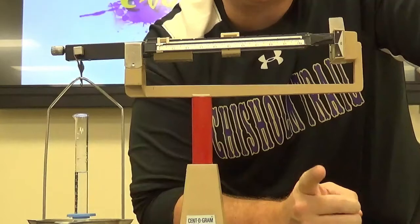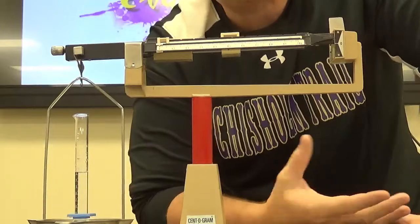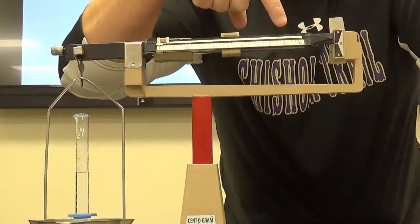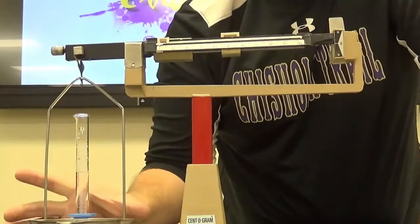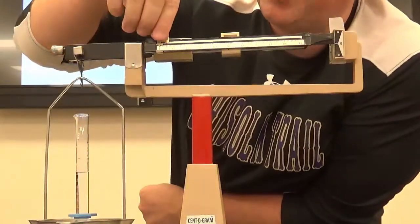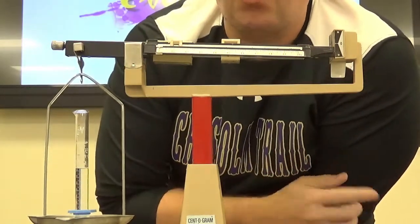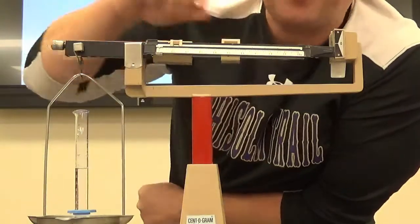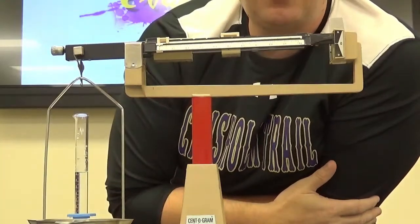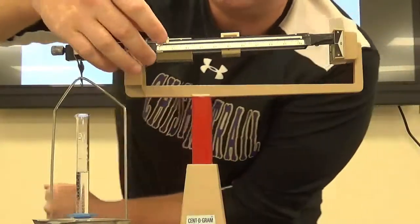The arm went up a lot slower this time, so I know that I'm getting close to the correct measurement. That's why it's called a triple beam balance. Most of them have 3 beams, and then it's balancing the mass of the object. So I'm going to come down here to the ones next, and I see I move just to 1 gram, and the arm drops down. So I move it back to 0. The arm slowly goes up. Now this triple beam balance has a small 1/10 of a gram